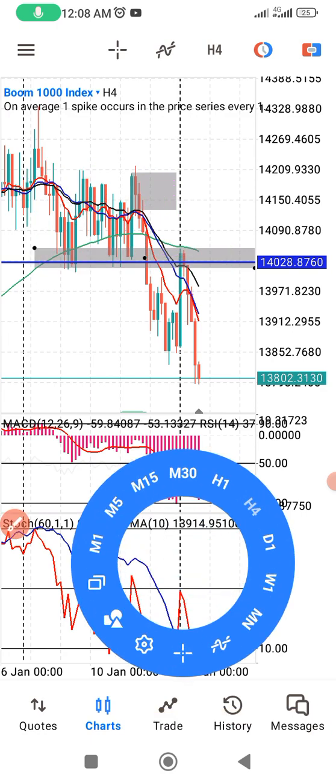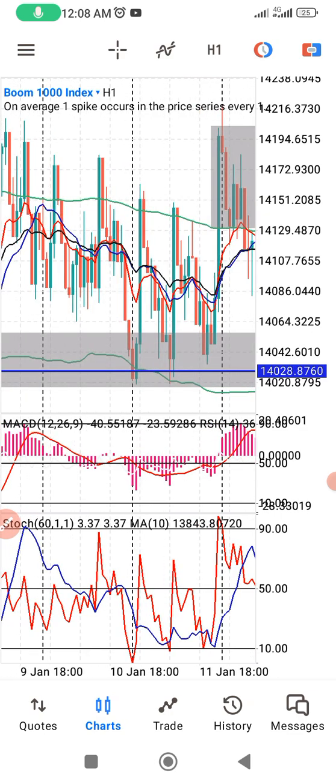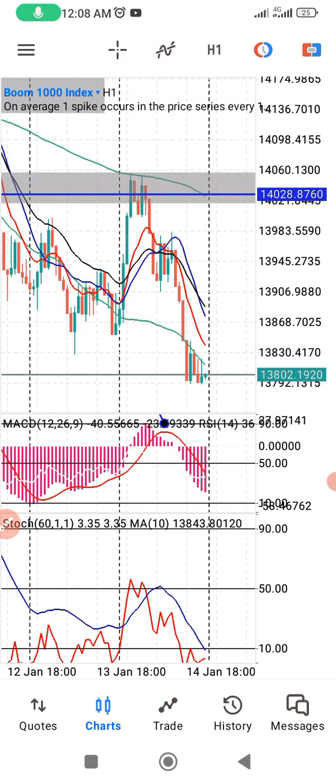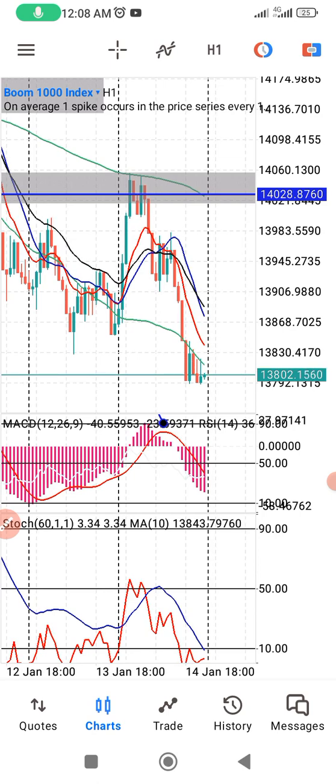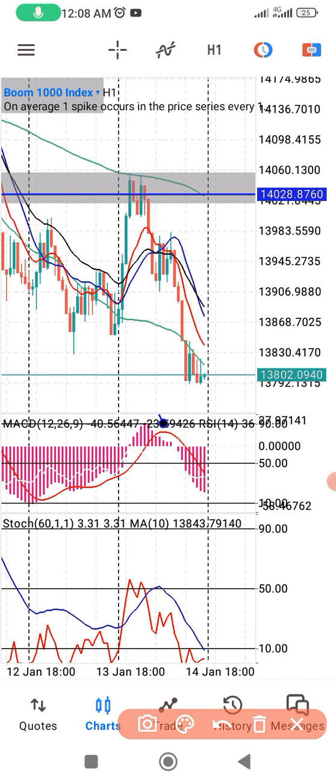Okay, you can now establish how price went all the way down from this zone, broke it, and then you can see that price returned beautifully. Price returned, tested this zone, and then made its way to the downside. So this is support and resistance, and you can see that if we move from here to our lower